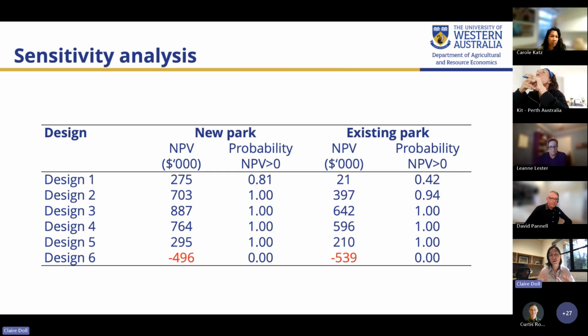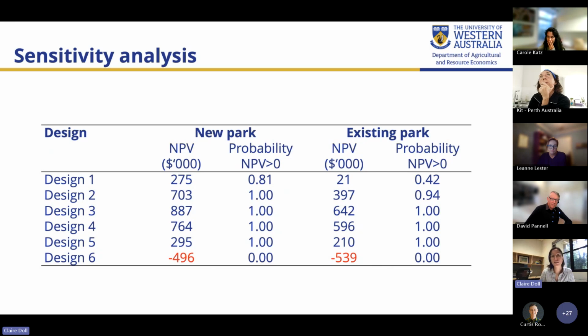This is just a quick little snapshot of our sensitivity analysis. We run sensitivity analysis through Infuse. It builds in a pretty robust simulation of different possible costs and assumptions that you could work into your BCA. And basically, we do this to see how robust our results are to the assumptions that we've made about the benefits and the costs. So we can set different bounds on what the parameters might be. For example, what the public willingness to pay might actually be, plus or minus 30%.